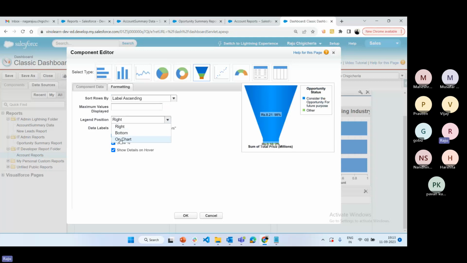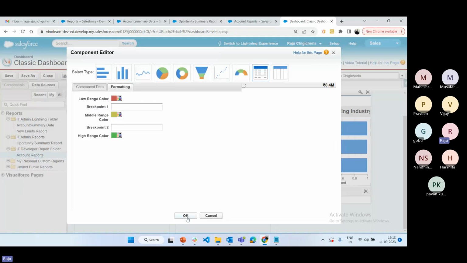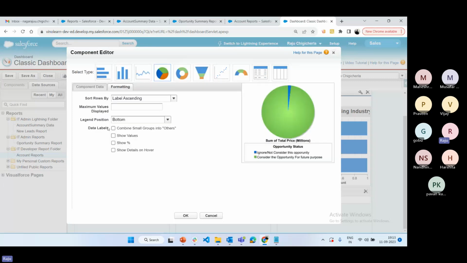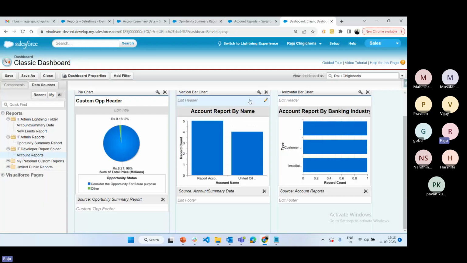format like this, also we can change the data. If you click OK, it will change the data. Or maybe if you want to change to any other format like this, you can change the data. So whichever format is required, you can select that format here, click OK. And if you go to here,